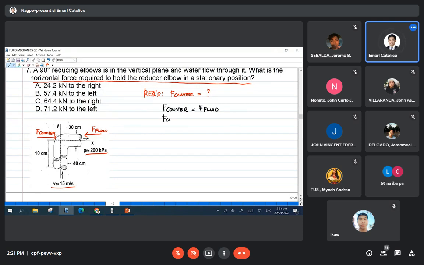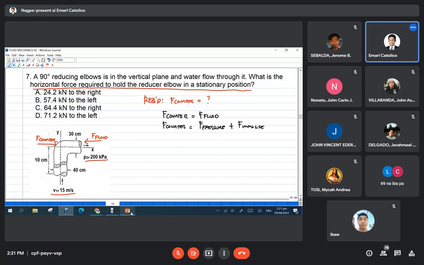Okay? So para makuha mo yung force ng ating fluid, kailangan mo i-consider yung pressure ng fluid. So force in terms of pressure. And also, since elbow yan, kailangan mo i-consider yung impulse. Okay? Impulse force. Naturo ba ito ng impulse sa inyo? Alam ko, sa dynamics yan tinuturo. Formula ng impulse,